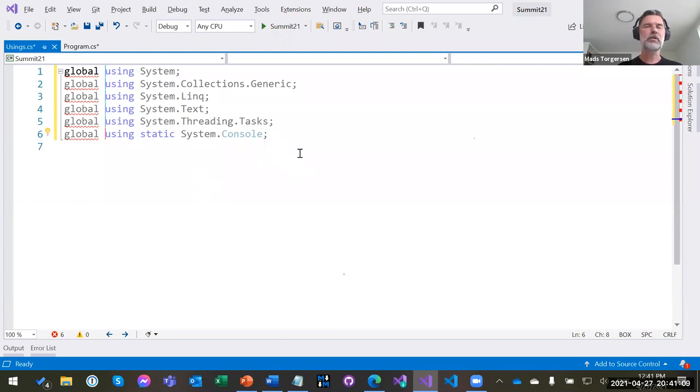Now, one of the questions we often get is, isn't this kind of global thing for the project, isn't that something that belongs in the project file, outside of C#? And we thought about that, but we would like this to also be able to evolve to be applicable to using aliases and so on. And now you get to having to come up with a syntax for using aliases that is not C# but sits in a project file. In general, we've decided, for better or worse, that the import of names belongs in C# source code. And so we're going to keep this in C# source code as well.